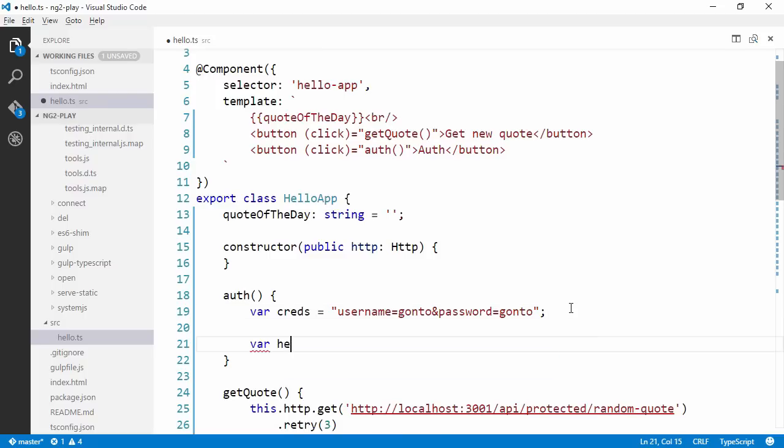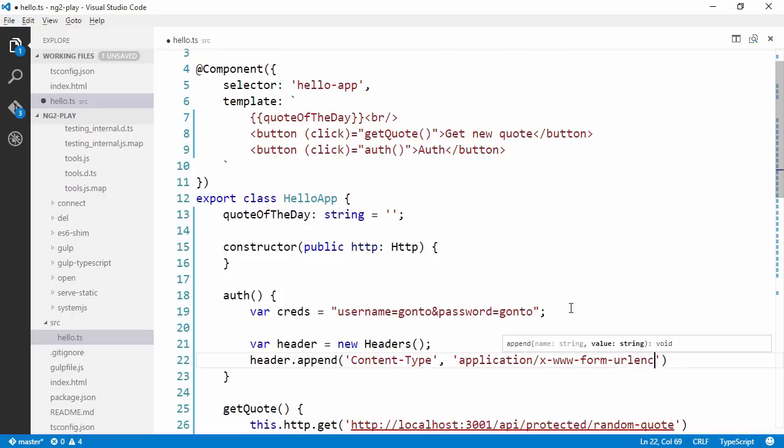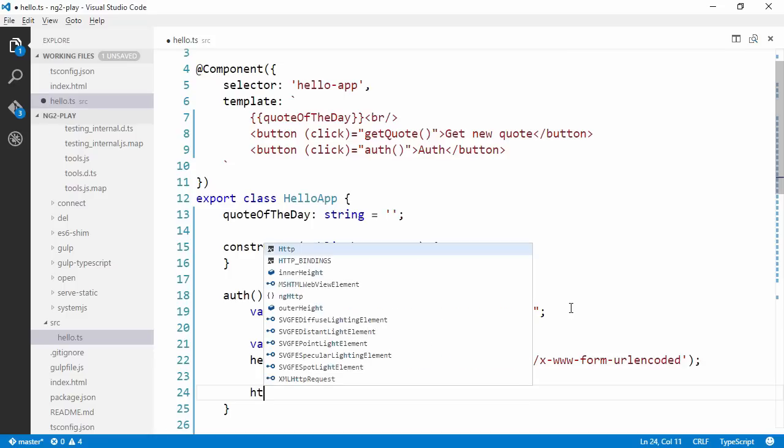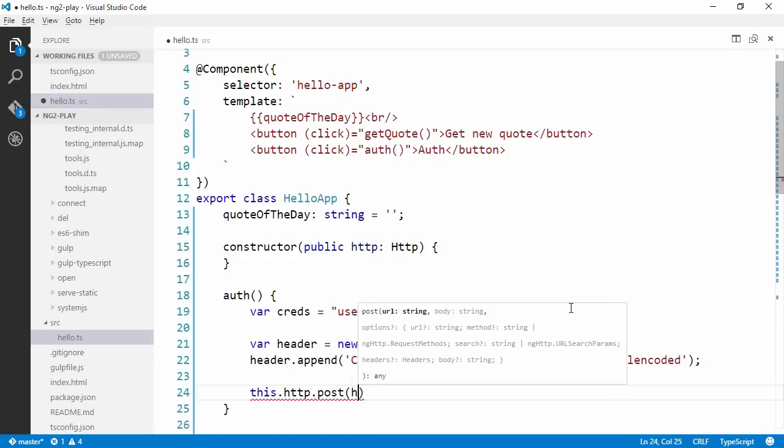Then we're gonna create a header and append content type and set it to be application/x-www-form-urlencoded. And then we're gonna do a post to